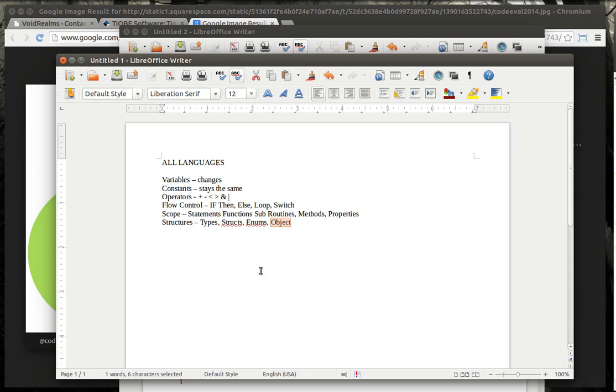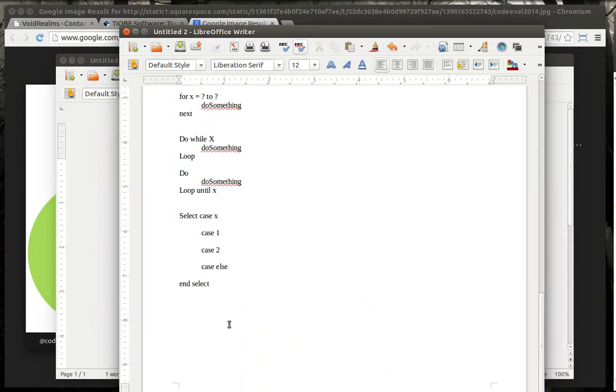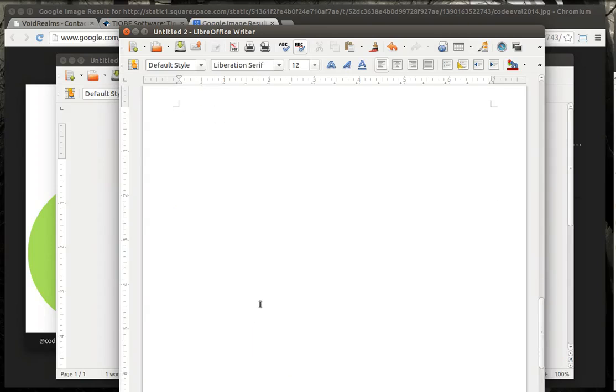Now, an object, and let's actually just go through here. If I could spell object, an object is just a scope. That's all it really is. We've talked about scope, and we're just going to say the simplest form of object is called a class, and we'll give it a name, and then it's got some type of scope. Now I'm using the curly braces with the C style because it's easier to see where the scope is. You've got your start of scope and your end of scope.